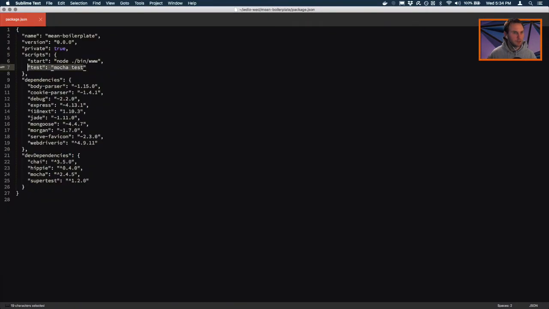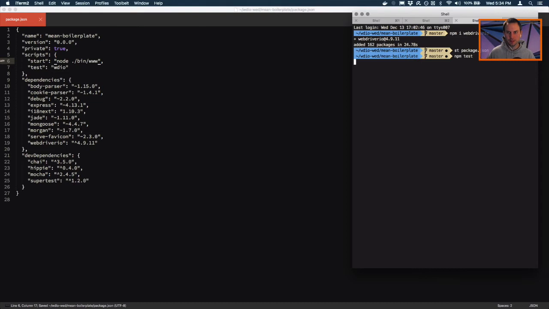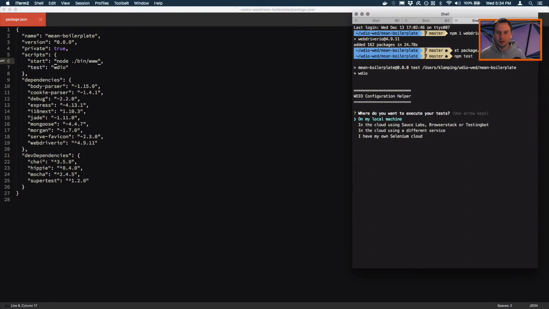Okay, I've got a Mocha test script. I'm just going to change this over to WebdriverIO. I'm going to ignore all that Mocha stuff. I could do test: WebdriverIO, but I want it easier to run. With that set up, I'll run npm test. This is going to set up my WebdriverIO config because it's not going to see a WebdriverIO config file there. Let's test on my local machine using Mocha. Install the adapter there at test/wdio